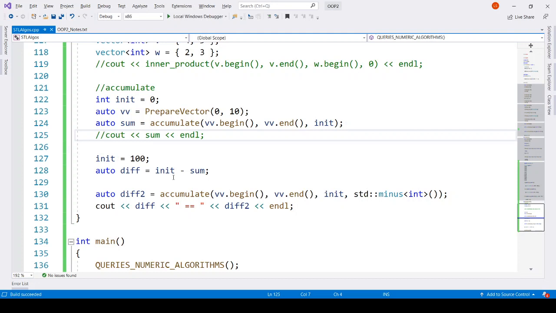So do not go by the literal meaning of accumulate. Accumulate can apply any functor on the collection and then use that result to do the accumulation.